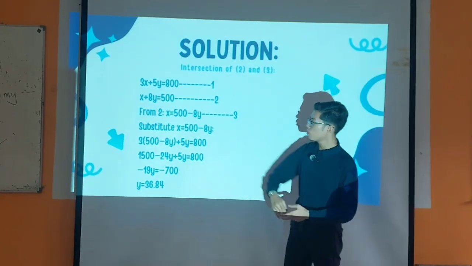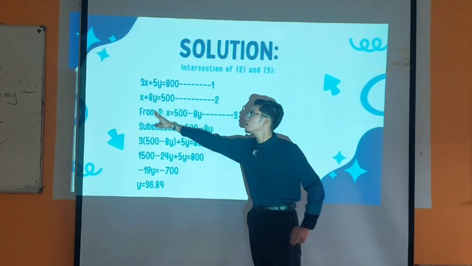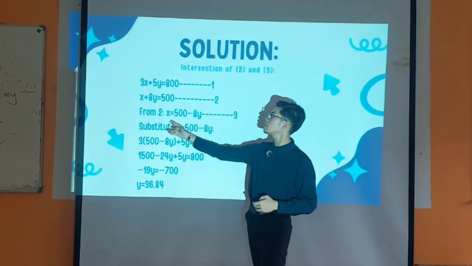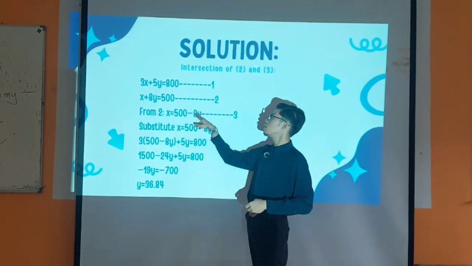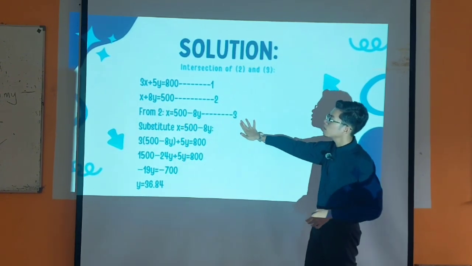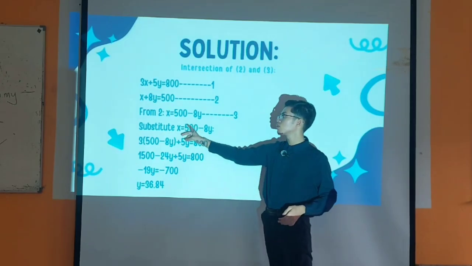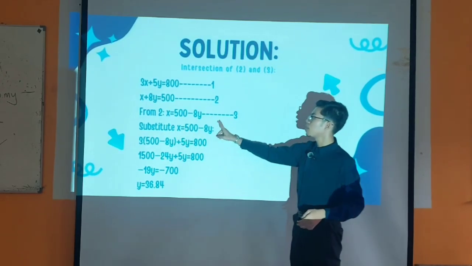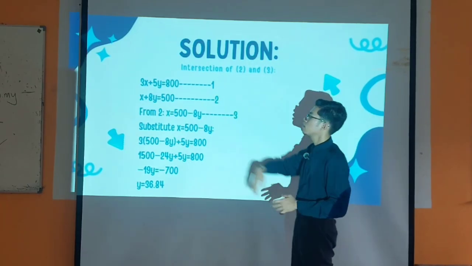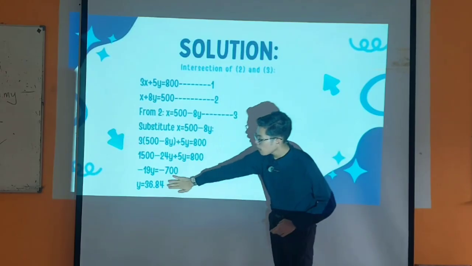So from 2, we can move 8y to the right. So we will get a new equation, which is x equals 500 minus 8y. It will be the third equation for this. So substitute x equals 500 minus 8y in the first equation. So the answer that we get for y is